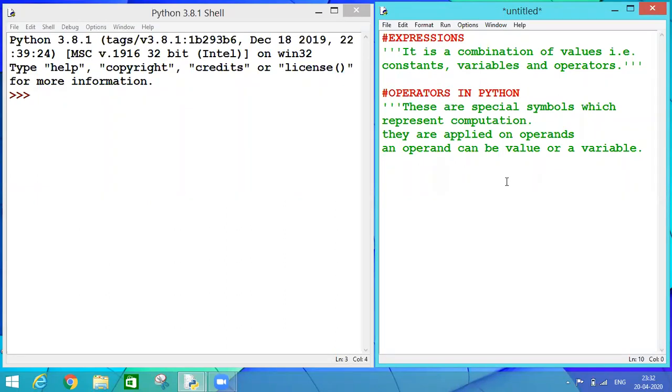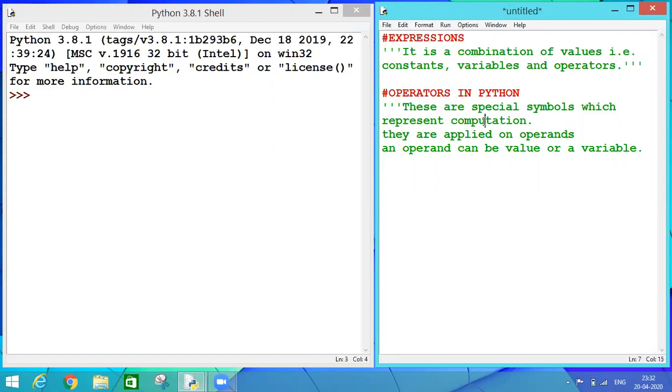So basically an expression is a combination of values. It can be constants, variables, and operators. So if I combine my variables and my operators together, then it becomes an expression.